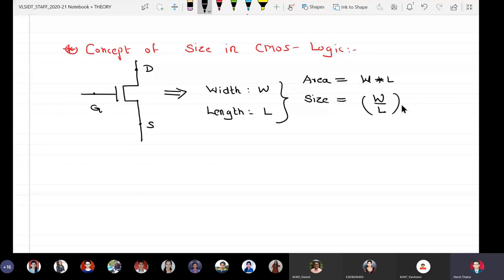This is a very favorite Viva question, especially for me, that how do you define mathematically the area and size of a MOSFET? So the area of MOSFET is always a product of width and length, and the size of the MOSFET is W by L. So this is also very popularly known as aspect ratio of the MOSFET. So area or aspect ratio of NPN you must not have heard, because the area and the aspect ratio of a NPN transistor doesn't affect its performance. But as far as MOSFET is concerned, area and size play a very big role.